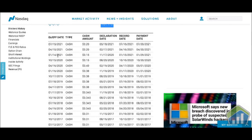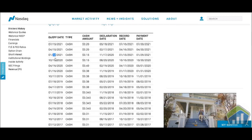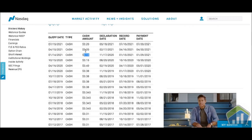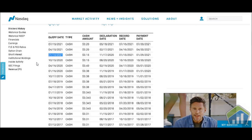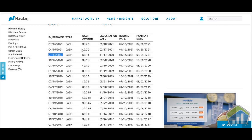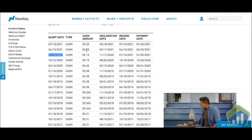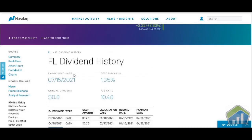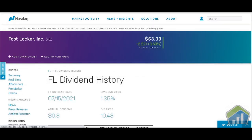Or they didn't actually. They moved it on to 2021. They cut it down to 15 cents. So 15 cents, and then in 2021 around January 14th they paid 15 cents. So they paid 3 payments so far in 2021, but actually this one in January is for quarter 4 2020, right? So moving on, we know that they paid 20 cents out as of right now. They kind of pushed it back up. It hasn't made it back up to its 38 cent area or 40 cent area, but they are paying out still, right? So we're going to move on to quarterly paying dividend stock number 3,